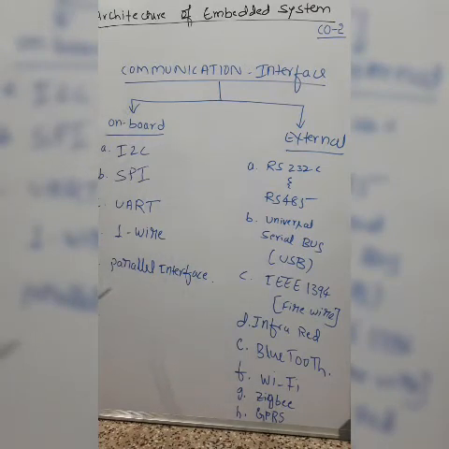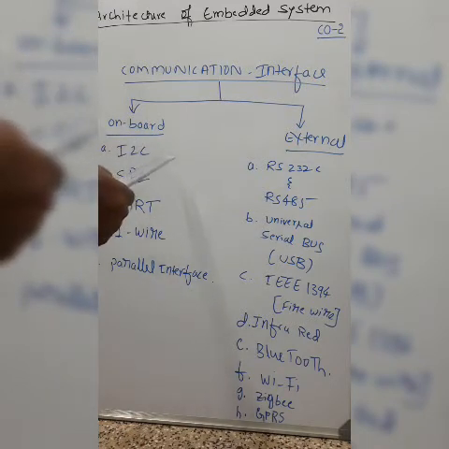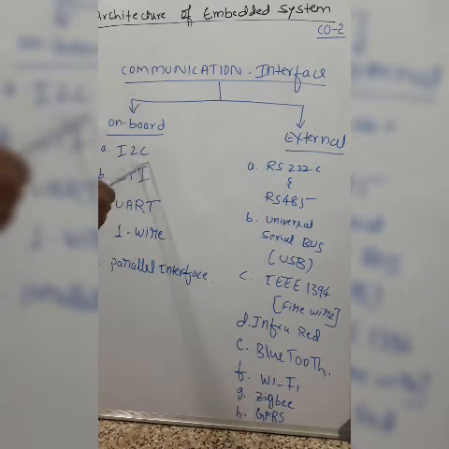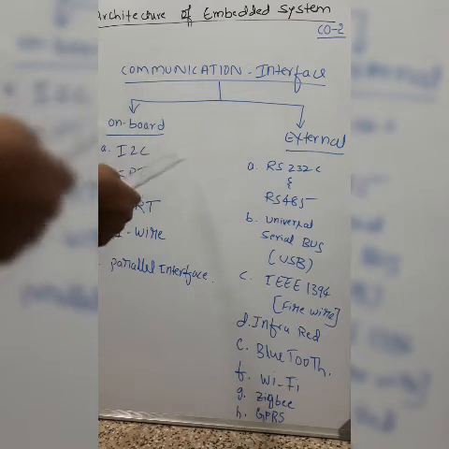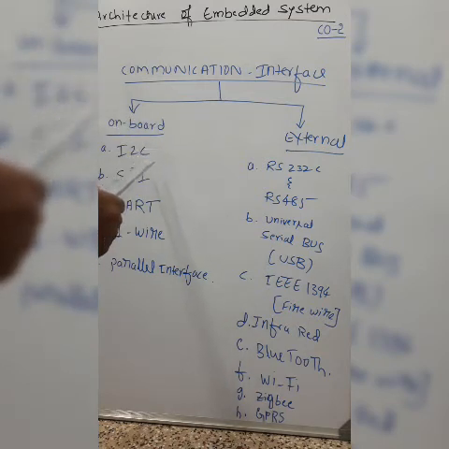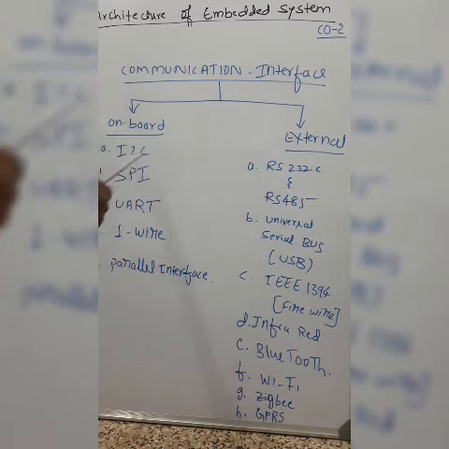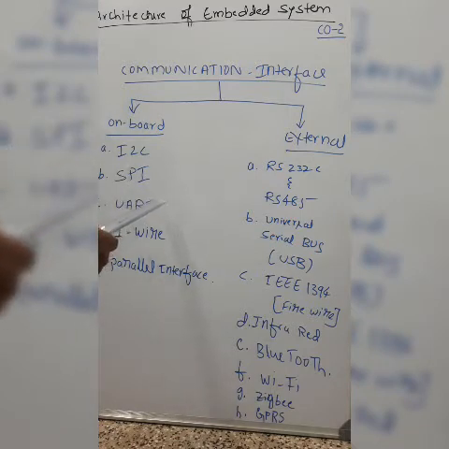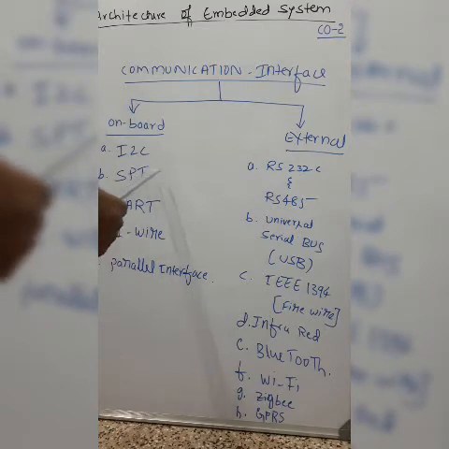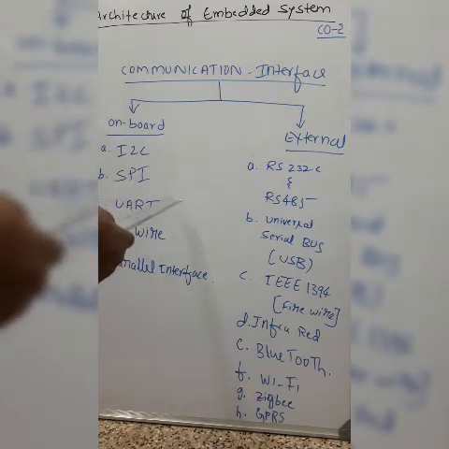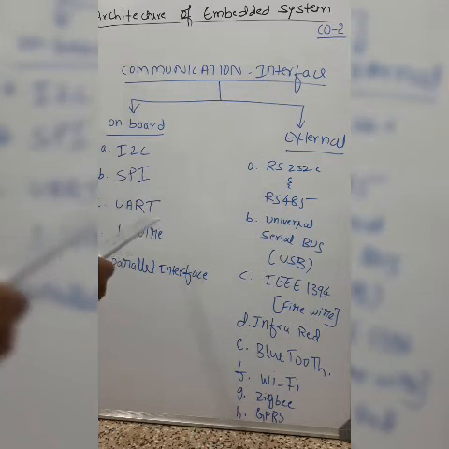Among the onboard communication interfaces, we have I2C, which connects IC to IC. It is a two-wire communication system. It is half duplex and bidirectional. That means, though bidirectional, at a time only one direction of data communication can take place in the I2C type of interface. Coming to the SPI, it is synchronous, that means it is based on the clock, and it has four wires in the communication system, and it is full duplex. That means it can communicate in both directions simultaneously.